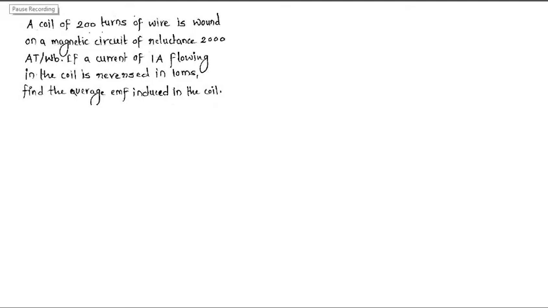Hello students, in this video we will solve a numerical based on Faraday's law of electromagnetic induction. So let's read the numerical first. A coil of 200 turns of wire is wound on a magnetic circuit of reluctance 2000 ampere turn per Weber. If a current of 1 ampere flowing in this coil is reversed in 10 milliseconds, find the average EMF induced